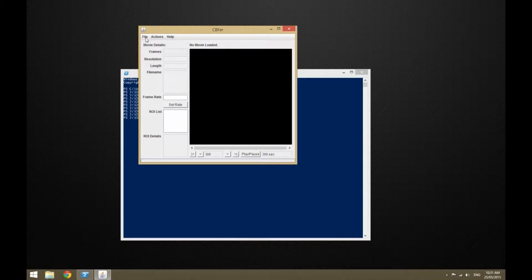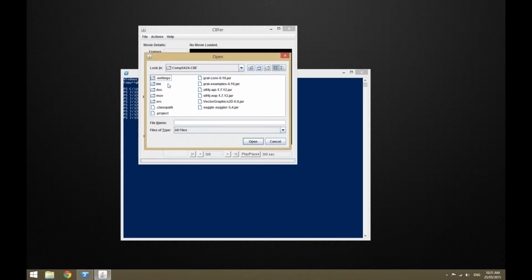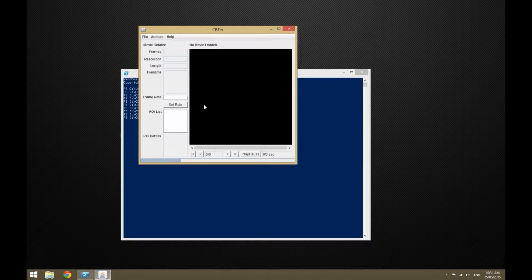Today I'll be demonstrating the program CBFer for the automated calculation of ciliary beat frequency. To begin, we must first load a movie containing our sample data. It will just take a few seconds,